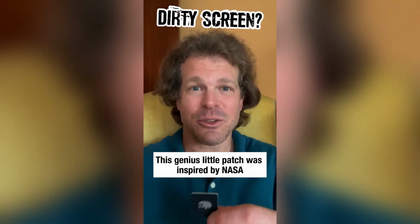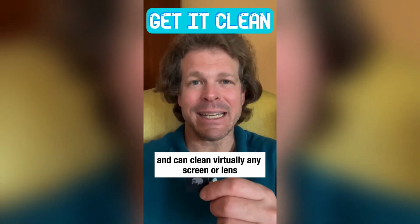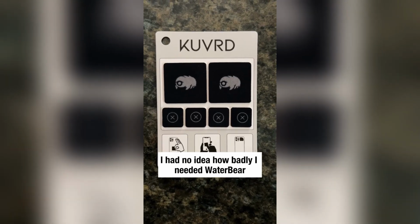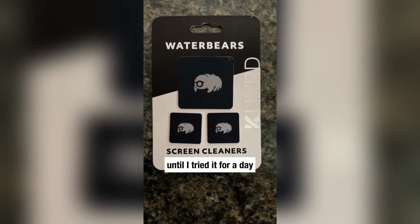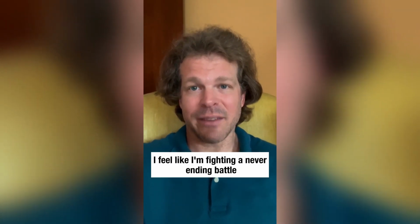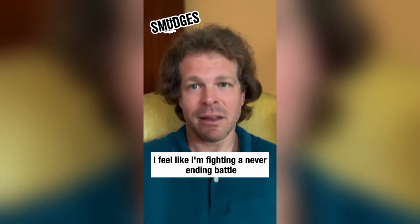This genius little patch was inspired by NASA and can clean virtually any screen or lens. I had no idea how badly I needed a WaterBear until I tried it for a day. I'll never go back. As an iPhone owner who wears glasses, I feel like I'm fighting a never-ending battle against